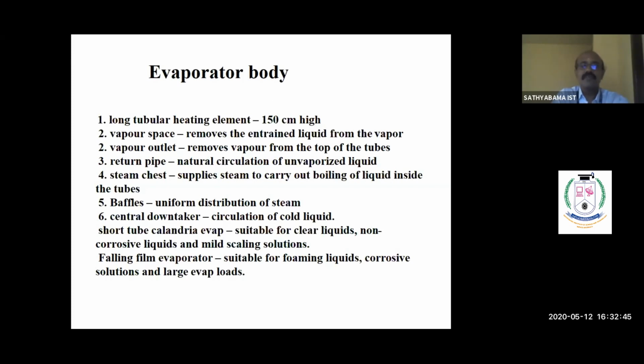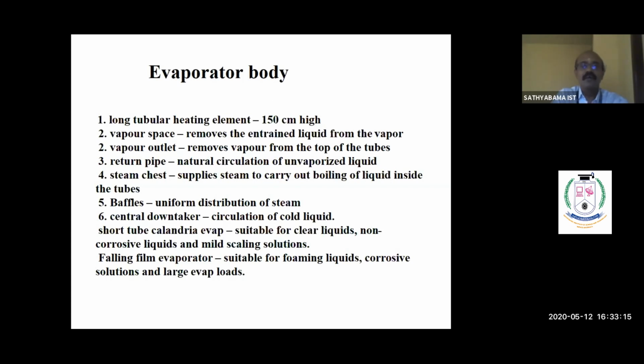And then the steam chest is used to supply the steam to carry out the boiling of liquid inside the tubes. The baffles will be provided within the tubes in order to provide uniform distribution of steam. The central downtaker is used to provide the circulation of cold liquid. Normally, the steam will be supplied outside the tubes, and inside the tubes, the feed material will be passed through, so that evaporation